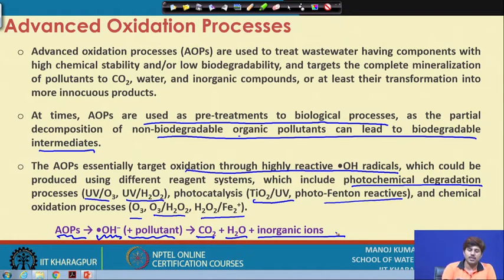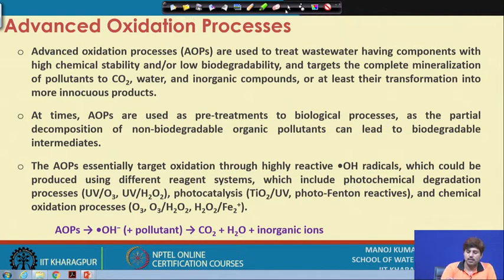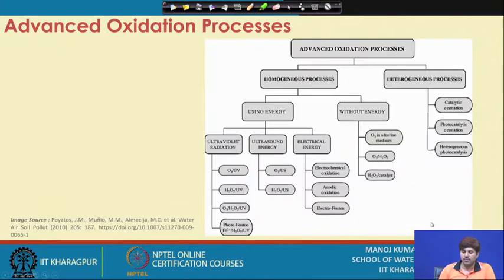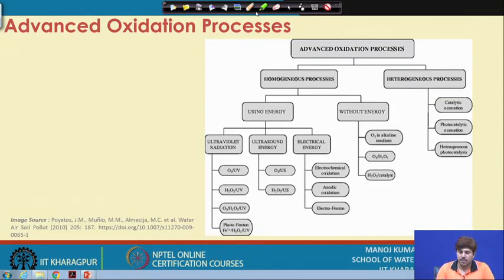So that is what is done in the advanced oxidation process. However, the production of OH radical through these processes is quite a cumbersome task, and may need a significant amount of energy at times. So if we see the different advanced oxidation processes, we have various homogeneous processes and heterogeneous processes where